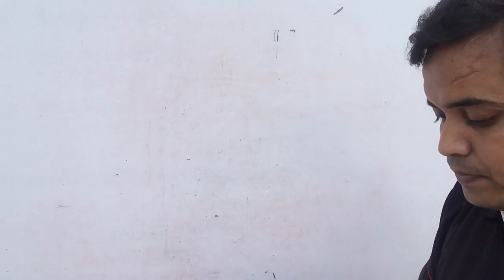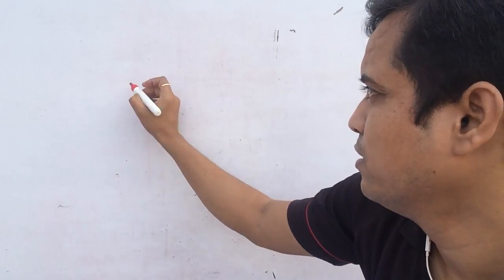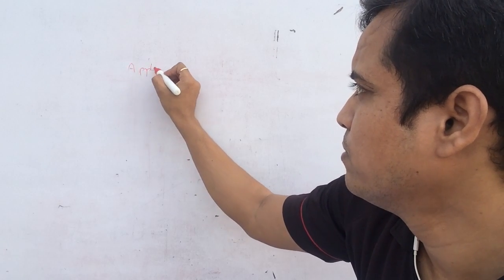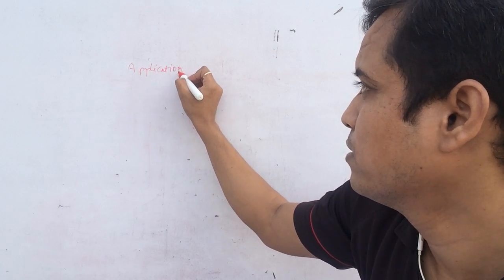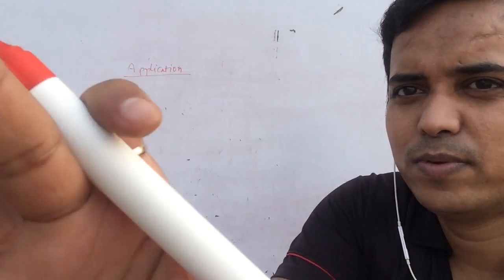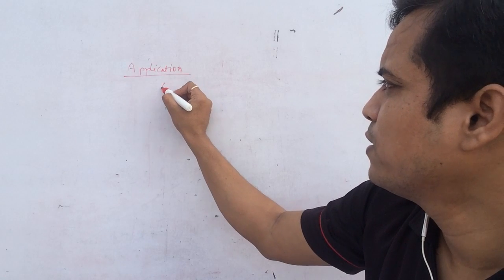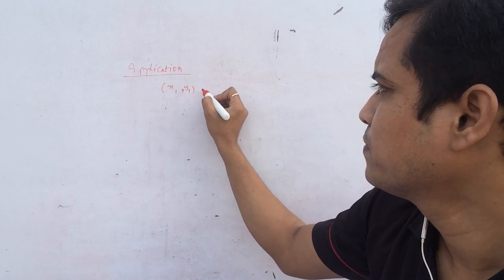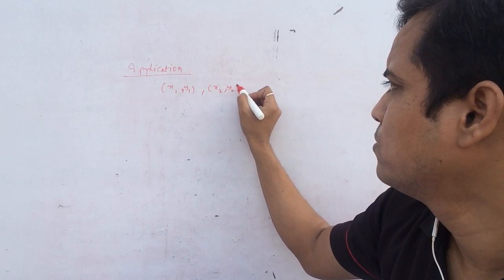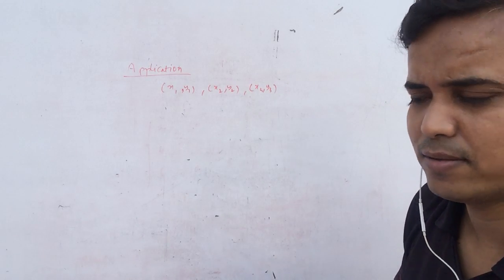Now we are moving to the application of determinant in geometry. So application of determinant in geometry. So what are the applications? First we have to move. The application is area of triangle if x1 y1, x2 y2 and x3 y3 are 3 points, okay, or you